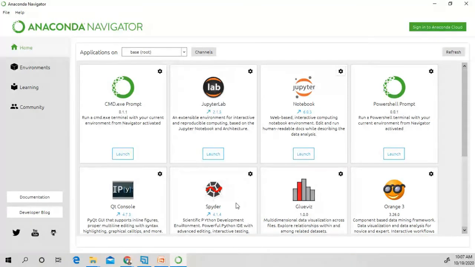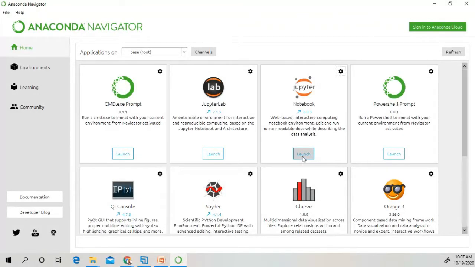Okay, so we will discuss some basics of Python, starting from input: how to input variables, how to input values from the keyboard, how to use those values, and how to rearrange some data which is present in an Excel sheet. Okay, so let's start with the help of Jupyter and Spyder.